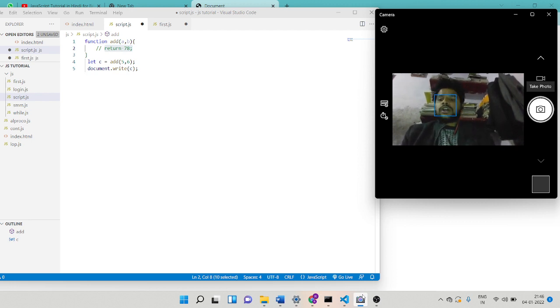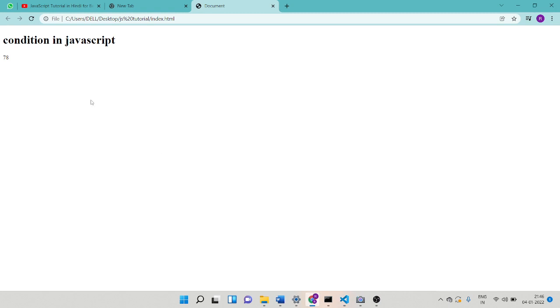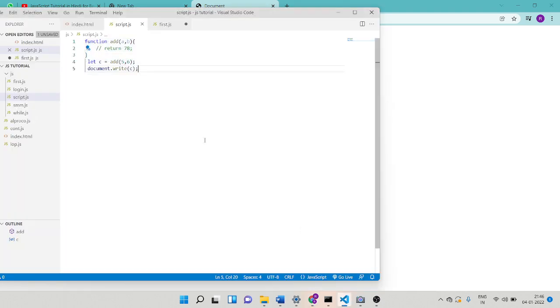But no. Again we save the file and go to the browser. The answer is only undefined, because I'm not using the return statement.